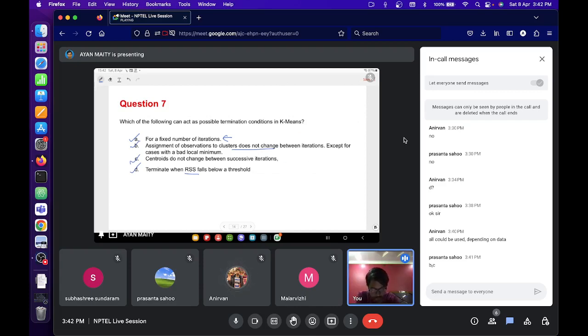Option C is centroids do not change between successive iterations. This is also a very popular condition for terminating, that centroids are not changing. That means the cluster assignments are also not changing between iterations. So